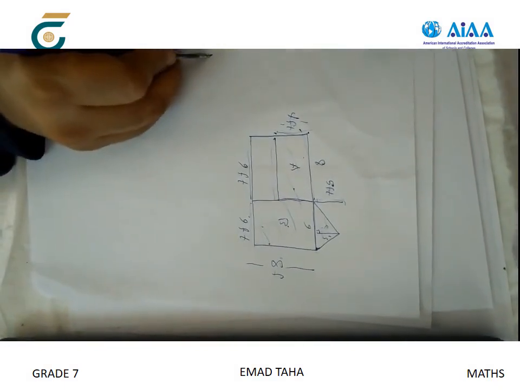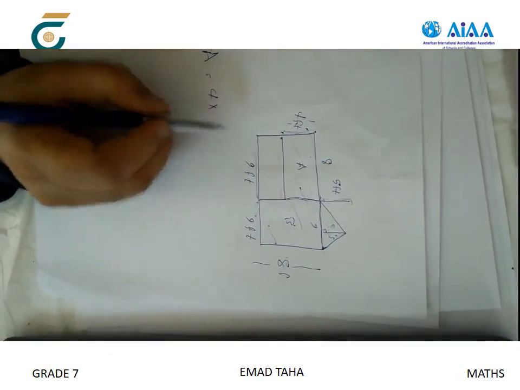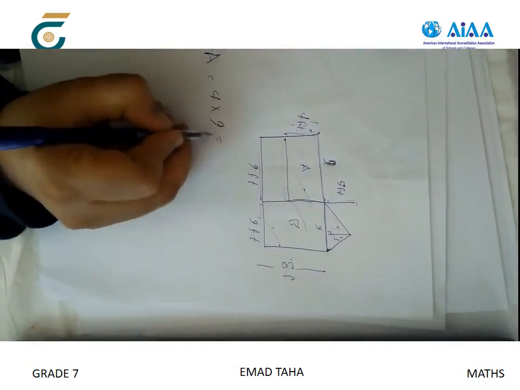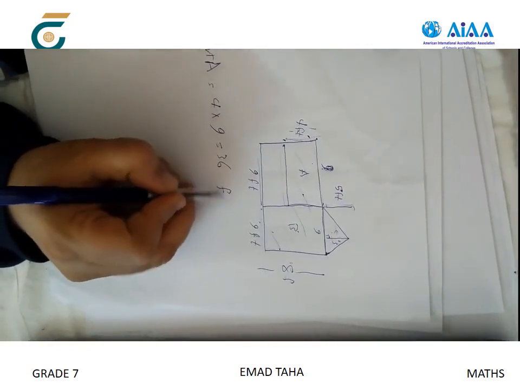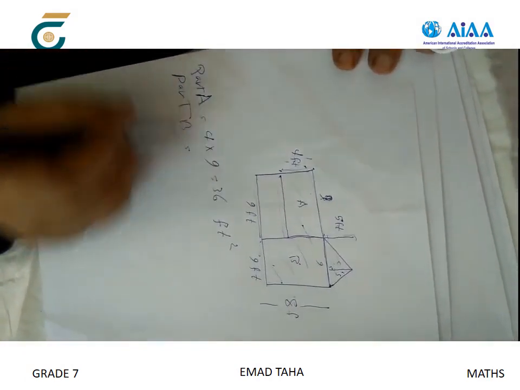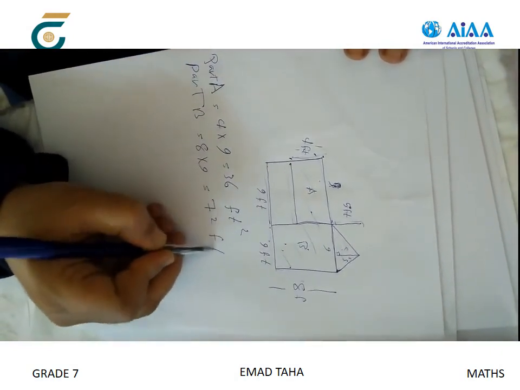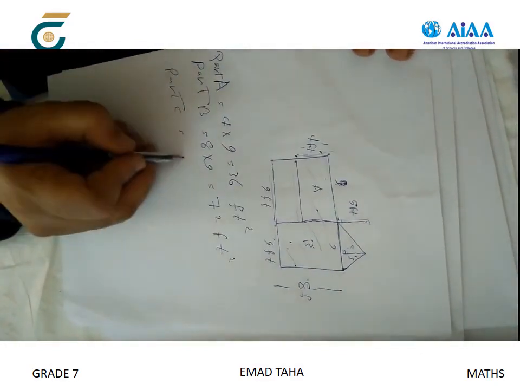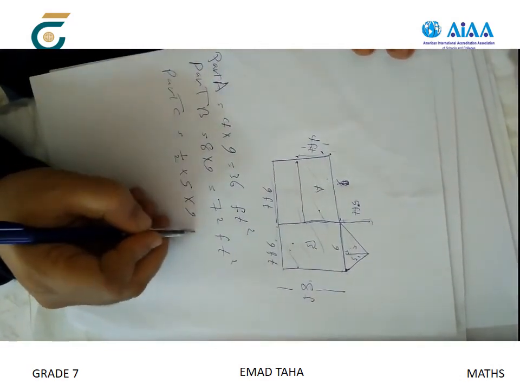So the area of part A equals 4 times 9, which equals 36 square feet. And part B, its area equals 8 times 9 equals 72 square feet. And part C equals half times base times height. Half times 5 times 9 equals